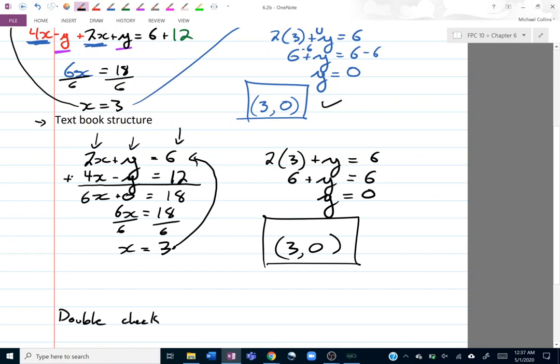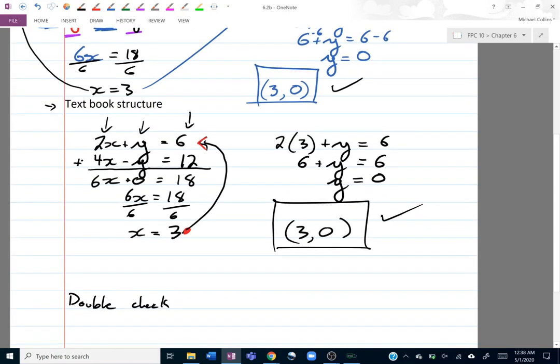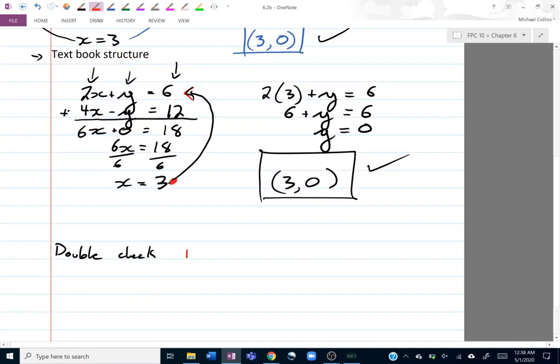Notice how the first one is the same as the second one. I did it 2 different ways. If I do it 2 different ways and I get the same answer, chances are really high that I'm right. But if you want to do a double check and you don't want to do the complete questions twice, there is a way to do this. So notice how in both of them I took this 3 and I plugged it into the top equation. To double check, take the point,